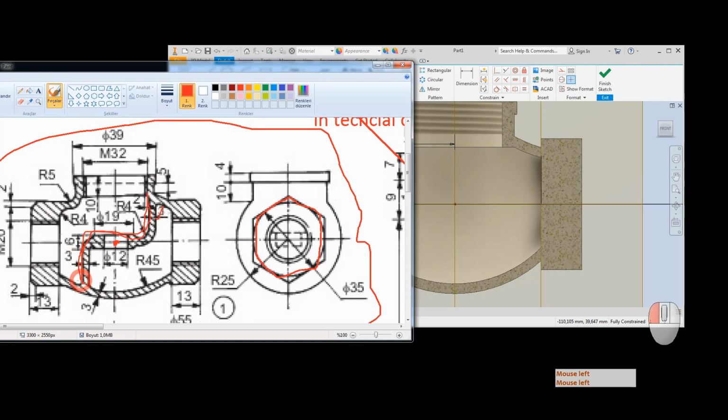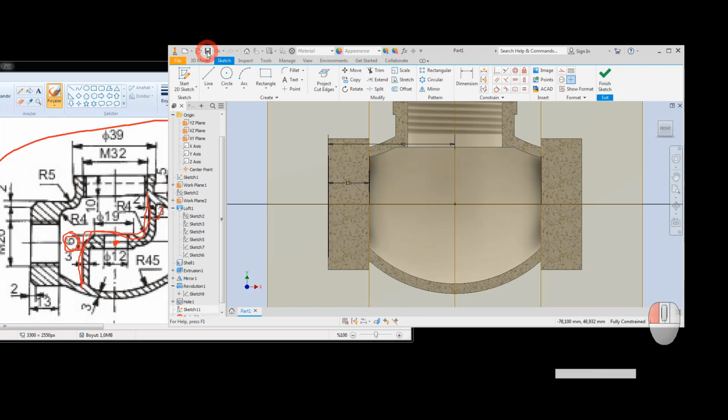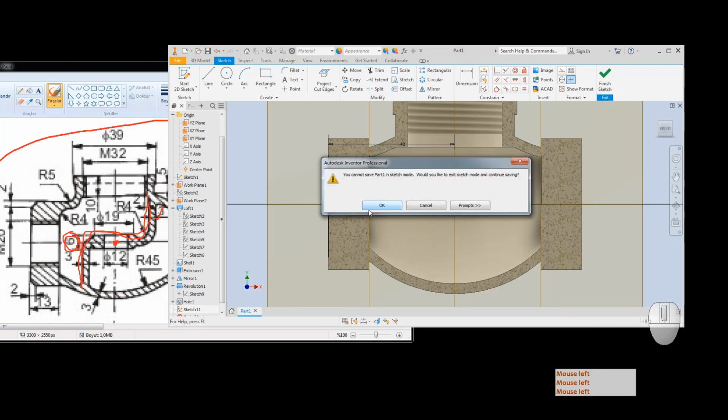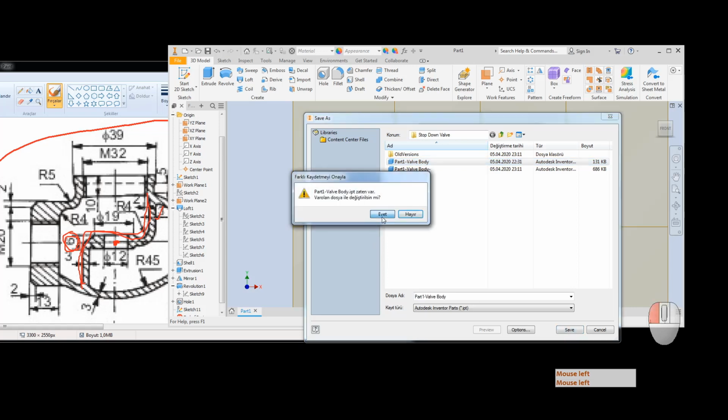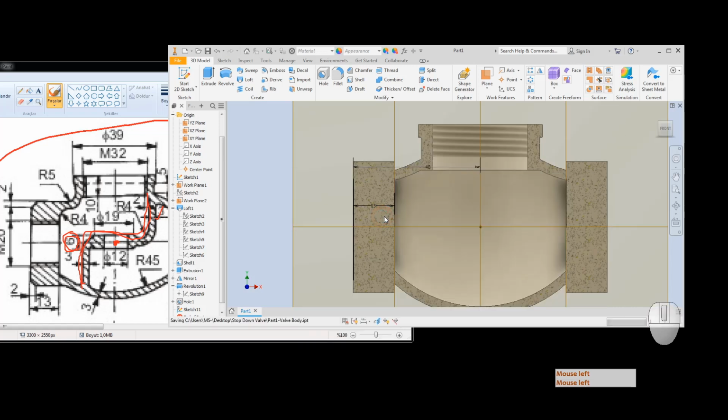I go back again to sketch, project cut edge, make this line on this line and just continue. Yes, we just create two lines. Okay, so we do not have any point here. Okay,